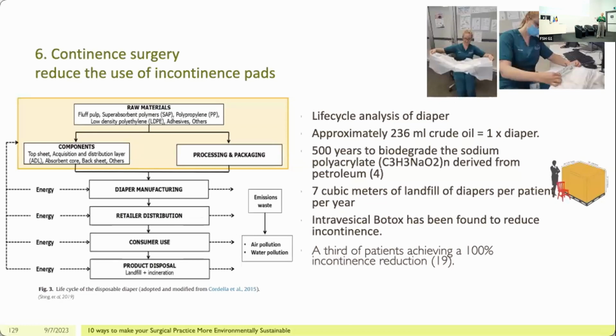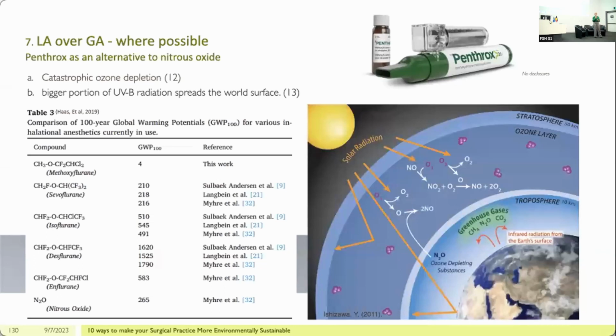So from a urology perspective, we like to inject Botox into the bladder to relax it, so reduce incontinence, and I advocate for other incontinence surgery to reduce diaper use where possible, or reusable diapers that can be washed. Local anesthetic procedures over general anesthetic procedures where possible, and this is quite applicable in urology with the prostate biopsy. So looking into the energy and the waste induced in a general anesthetic operating theatre versus an outpatient setting is enormous. But if we want to focus on the inhalational anesthetics,